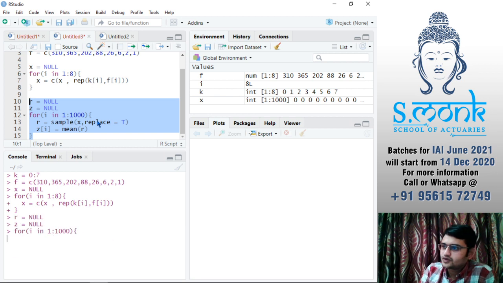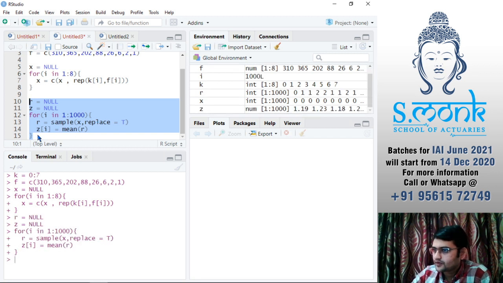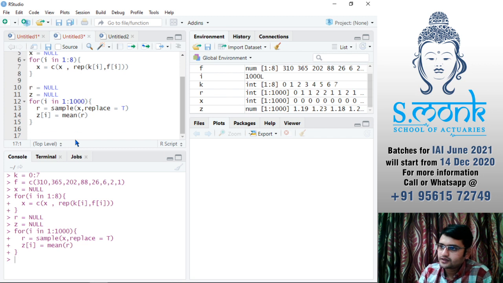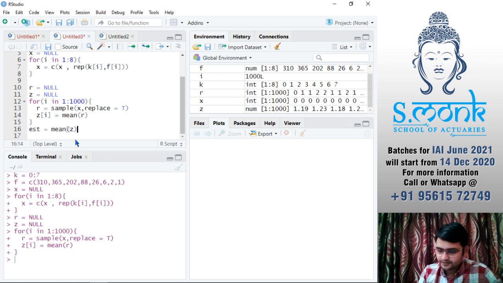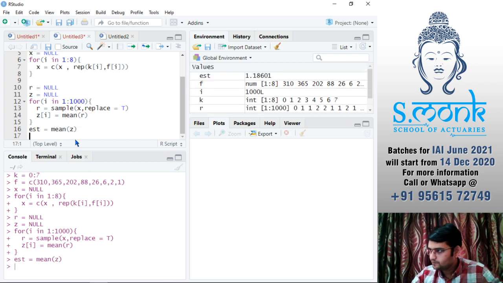I'll press Ctrl Enter, and then I will say my estimate must be equal to nothing but the average of Z. So I'll say mean Z. So my estimate is 1.18601.